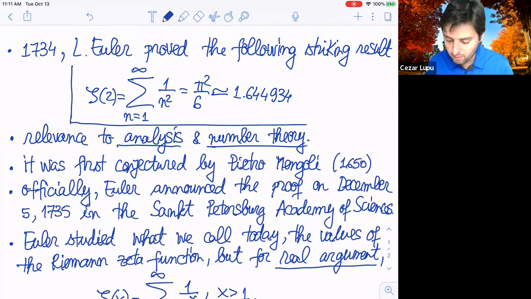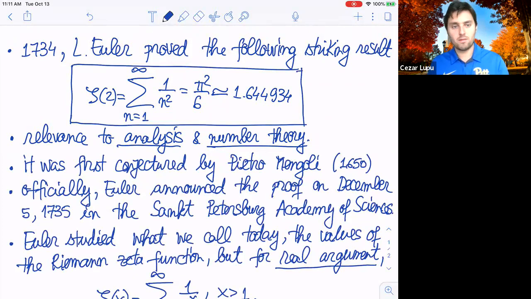Probably you have seen, or those of you who were interested in this problem have seen, numerous proofs for this. Usually the standard proof that is given these days appears in a functional analysis course or a Fourier series course, where you just take the Fourier series of the x squared function, and then you find immediately the value of zeta of 2.